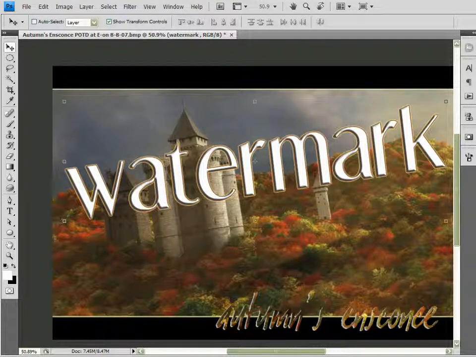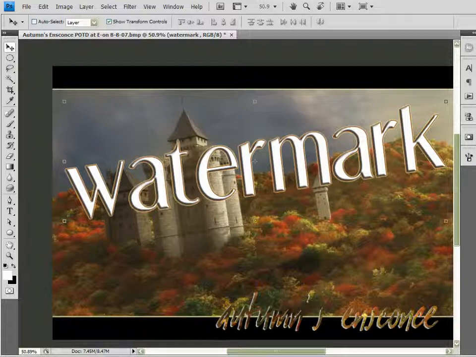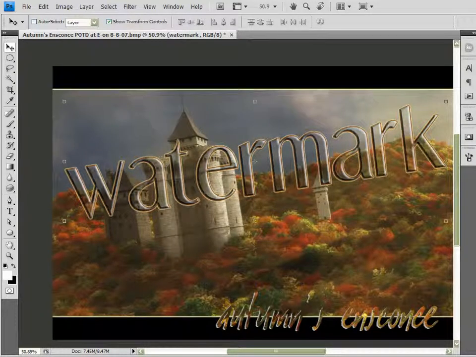Now, you'd probably be tempted to use the opacity and bring the opacity down. Unfortunately, what that does is it brings the opacity of the entire layer down. A better way is to bring the fill opacity down, and you can bring it down all the way to 0 if you like, or add just a little bit of color in there,